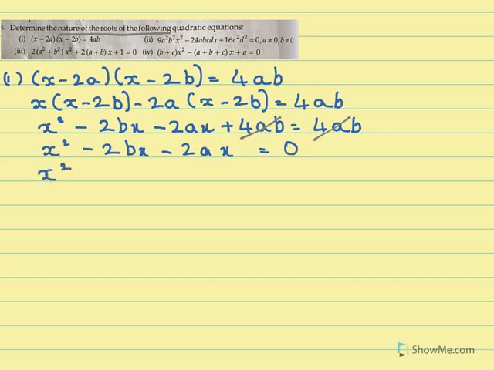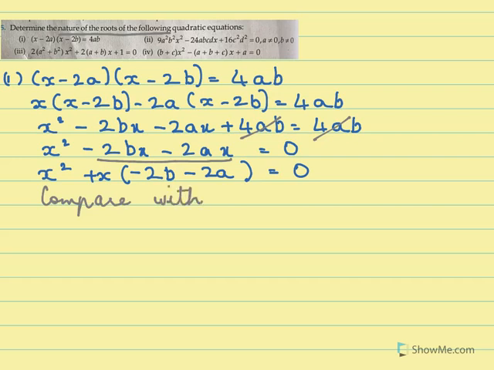So I'll do x square. From these two terms, I can take x common out. I will take plus x common out, which makes the sum a little easier. What remains in the first is minus 2b, and in the second term, what will remain is minus 2a, which is equal to 0. Now when I compare